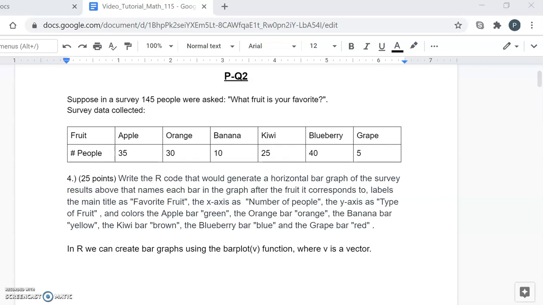Okay, so let's look at practice quiz 2, question 4. We have the same survey data we looked at in question 3. 145 people were asked, what fruit is your favorite? And here are the survey results. Question 4 says write R code that would generate a horizontal bar graph of the survey results